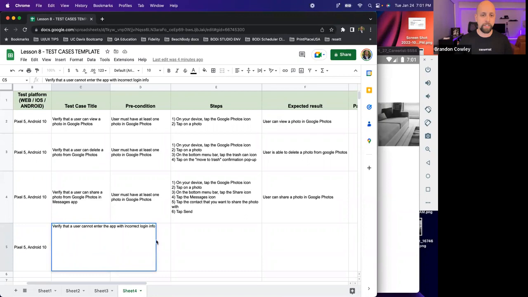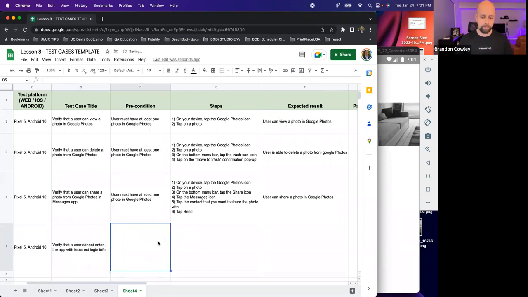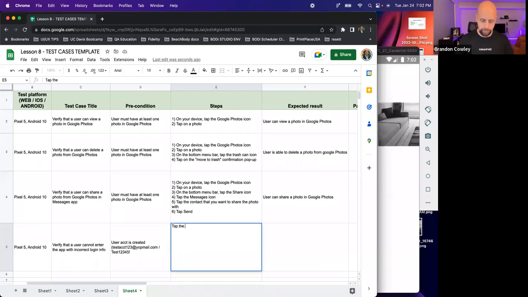I would say verify user cannot enter the app with incorrect login info. User account is created, and then so there's my account information, and then it would be like tap the app icon, and then I'm not even numbering my steps. I'm just doing this for your amusement.